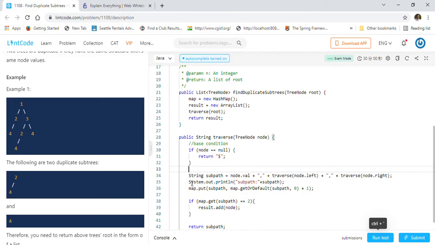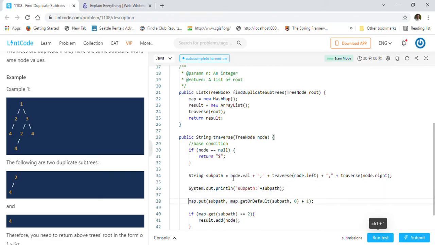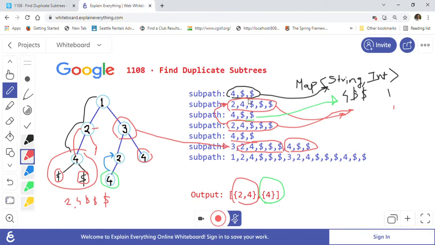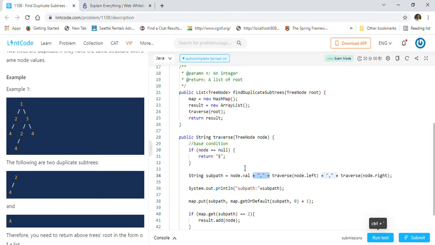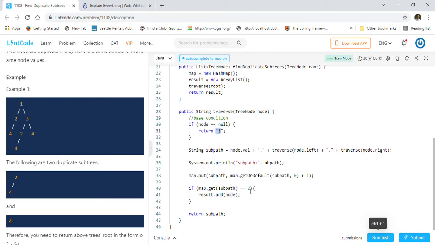After that, we first put the node value, then traverse the left side and the right side. Since it is a string, we append it with plus, and a semicolon is there, as you can see. We use a dollar sign as a separator. Here I am using System.out to show the subpath.